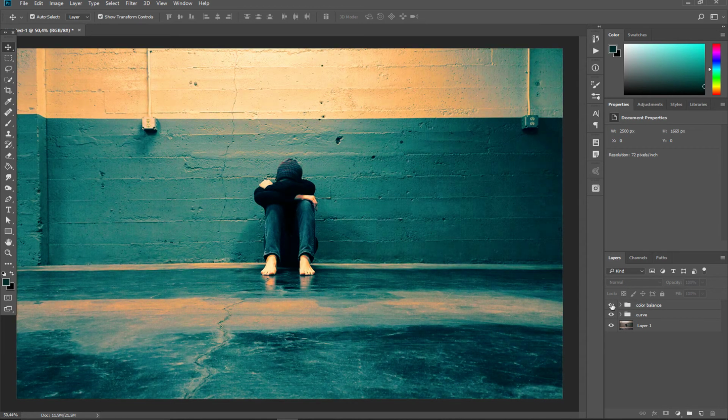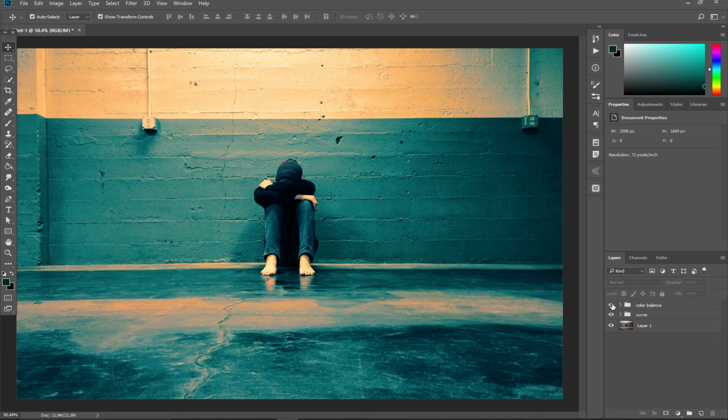And this is without the color balance. So in this case, with this image, it would be enough to edit it only with the curves. I tried a lot of photos, and there are some photos where you need other adjustment layers too. So this is why I will show you which ways you can achieve this effect. And in this case, we would not use the color balance, but